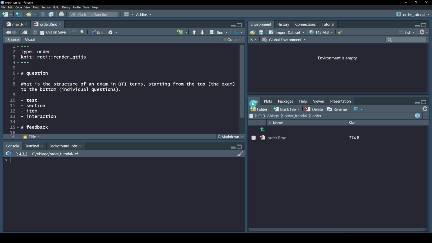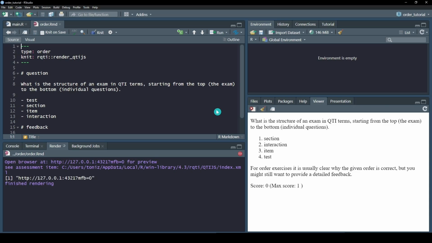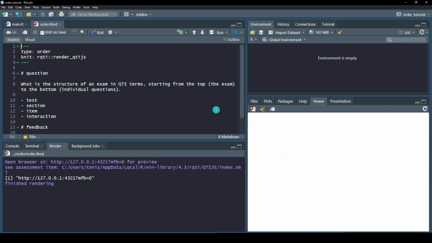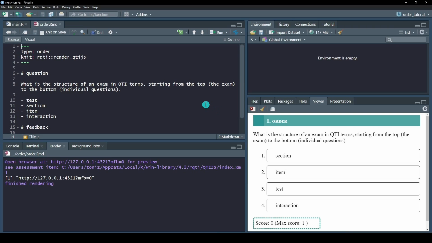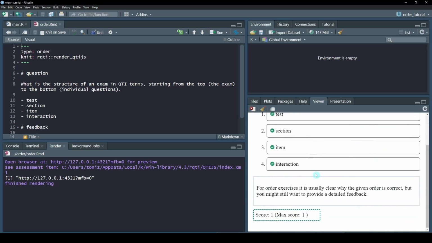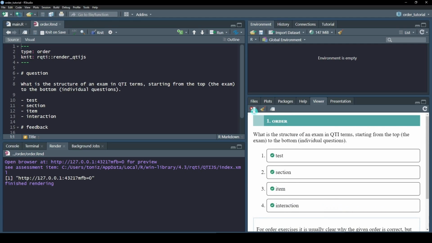Let's see how this task looks after rendering in RStudio. To do this, click on it in the management panel. This might take a while. Let's provide an answer. We can order the elements and submit. Great, everything looks fine and we got the maximum score. If we need it again,